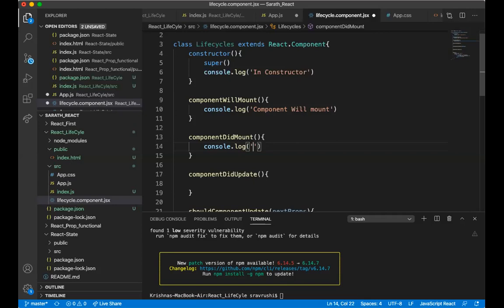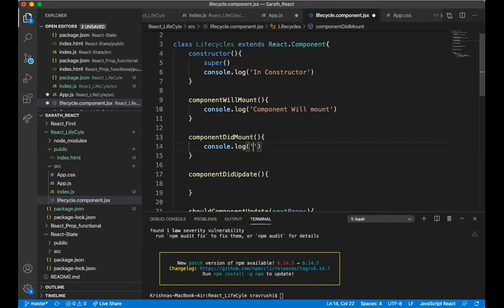Because of this, the component will be executed and it will tell the processor that the component is going to mount, and it will also collect all render related information, and then do component did mount. It will place the component inside the processor.